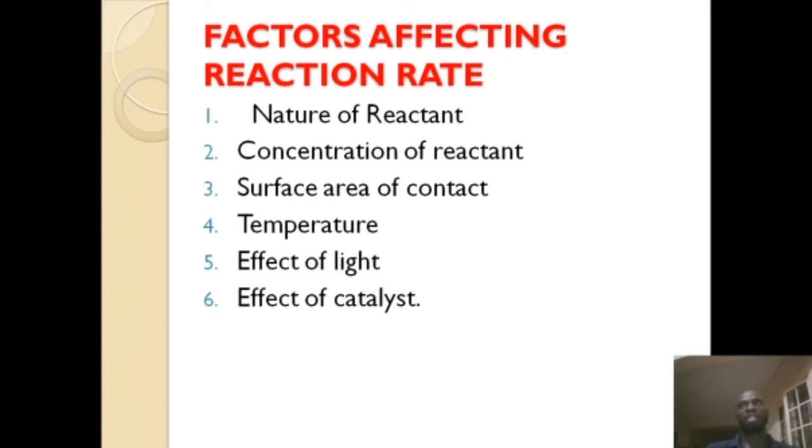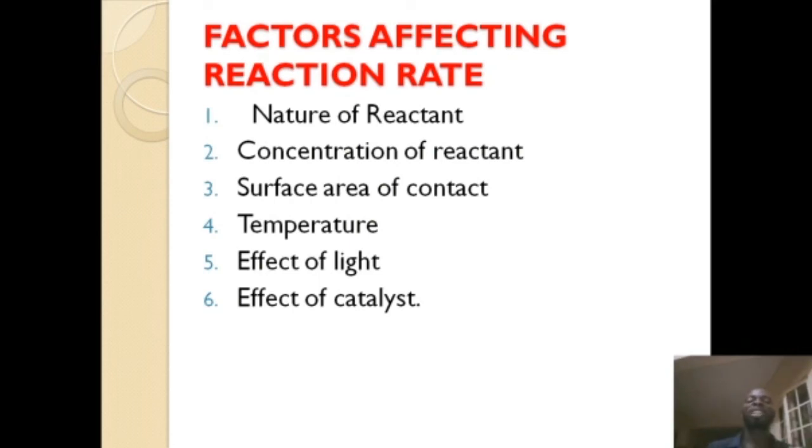Now, effect of light. There are some reactions that are light-based, that they cannot take place in the absence of light. One of them is the production of hypochlorous acid. So when water reacts with chlorine, it produces hypochlorous acid, the one we use in producing our hypo. Now that reaction happens when you introduce sunlight to the HOCl, hypochlorous acid. When sunlight is introduced, there is production of oxygen.